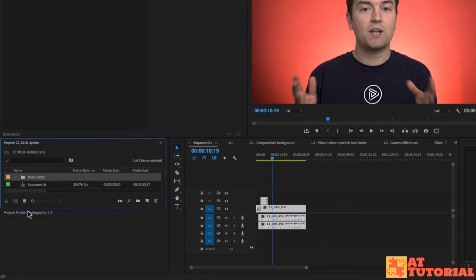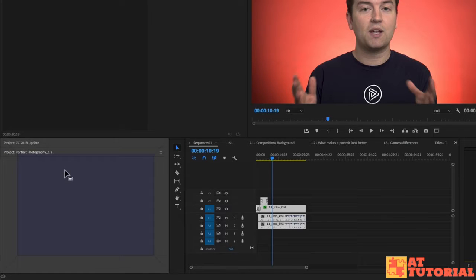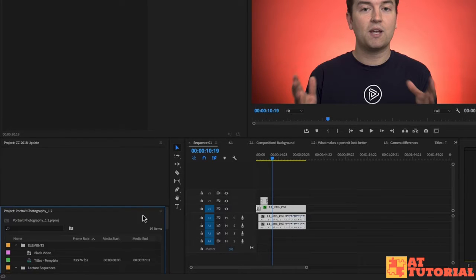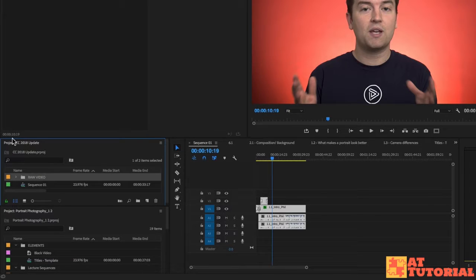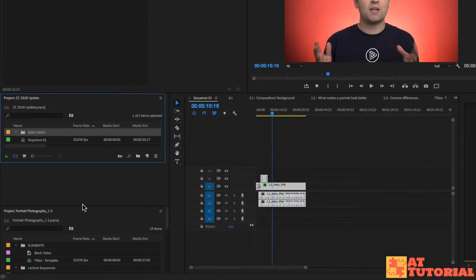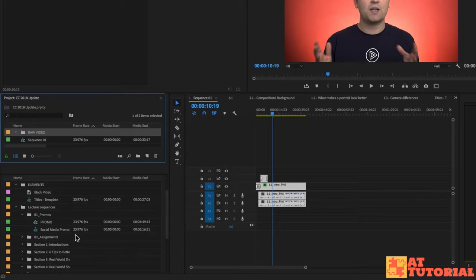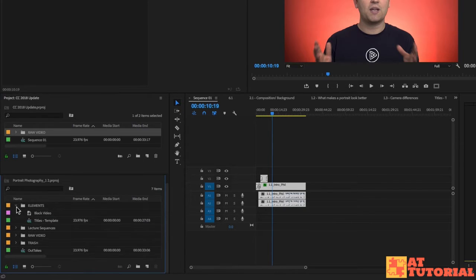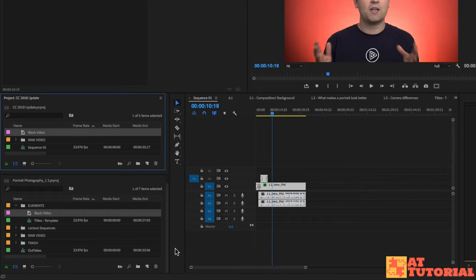Now, if you want to open both of these projects at the same time, because these are now tabs within this panel, what I can do is just click and drag the portrait photography down to the bottom. And now we can open up the 2018 project. And now if I open this a little bit bigger, we can see I can go through here and say I have some titles or something, maybe some music or a graphic, a photo that I use. I can just drag this into my project up here,